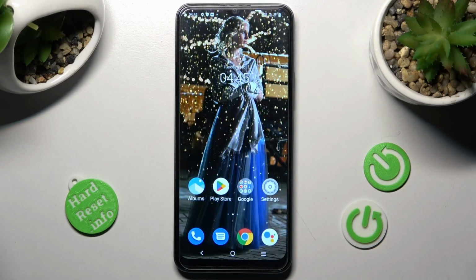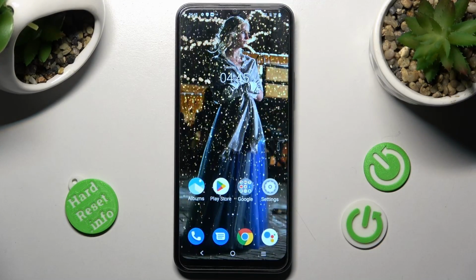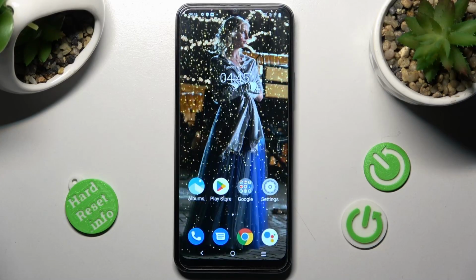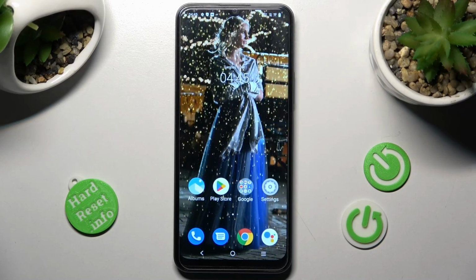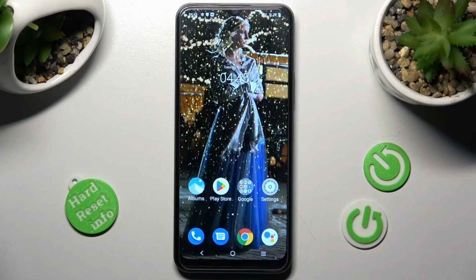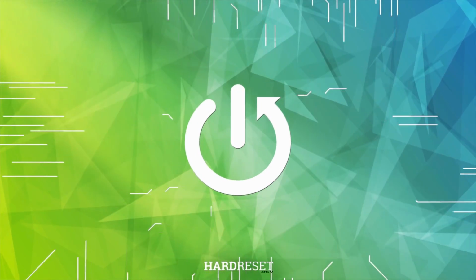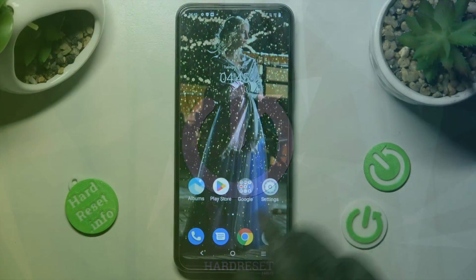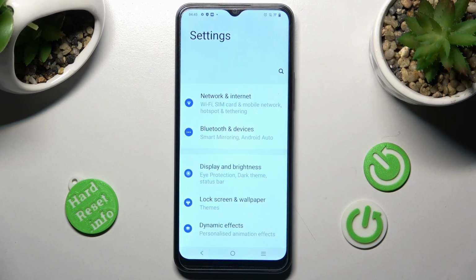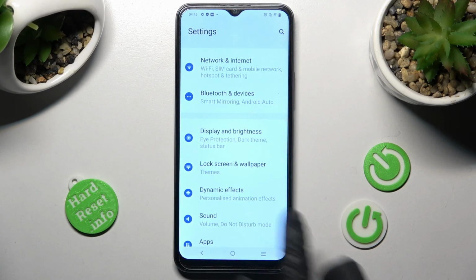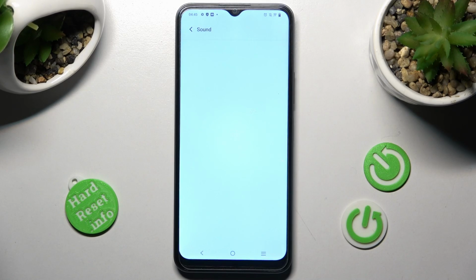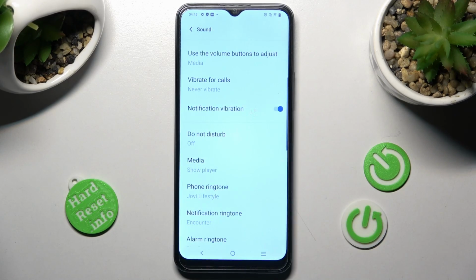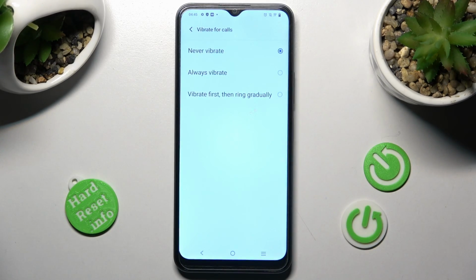In front of me is Vivo Y16, and today I would like to show you how you can manage all vibration settings available on this Vivo. Begin by opening Settings, then scroll down and select Sound section. In it, scroll down again, click on Vibrate Vocals and select one of those options to pick the best one